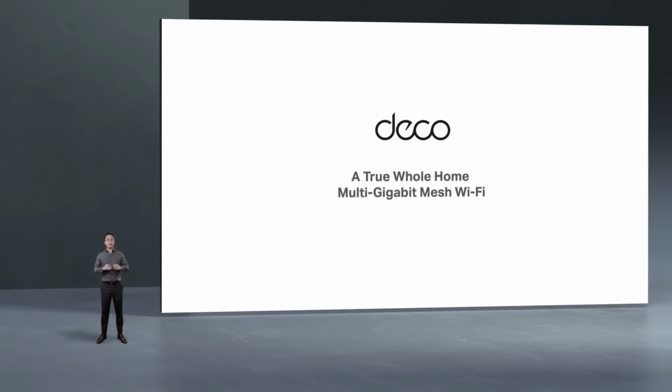True whole home multi-gig mesh Wi-Fi with unparalleled mesh Wi-Fi experiences, powered by Wi-Fi 7 technology and Deco system version 3. Now, stepping into the Wi-Fi 7 era, Deco has formed a comprehensive home mesh solution, providing solutions from indoors to outdoors and flexible installation choices such as desktop, ceiling mounting, and wall mounting. Different practical network technologies are also included, such as PoE, Powerline, Smart Home Mesh, 5G access, and DSL access to